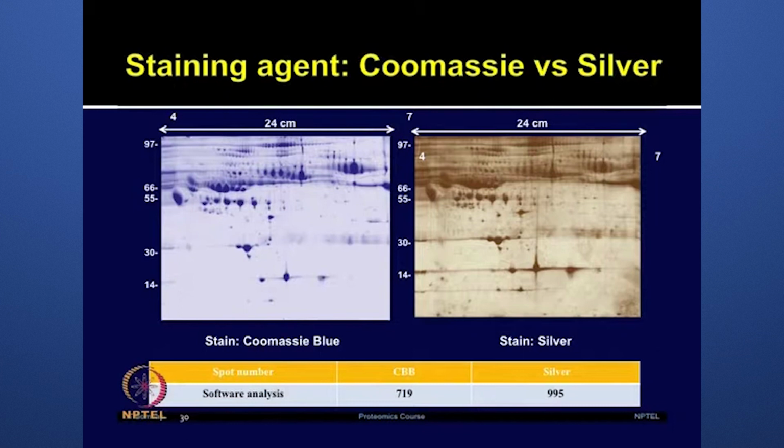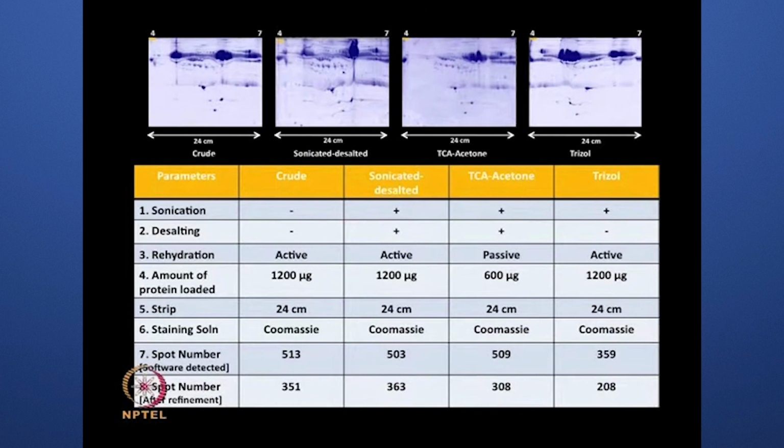So, to overcome this limitation, we used the colloidal Coomassie and biosafe Coomassie staining, and we standardized the same condition for all the gels. So, this slide gives you an overview of various types of parameters which we investigated